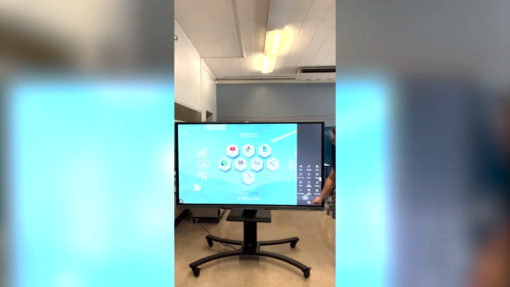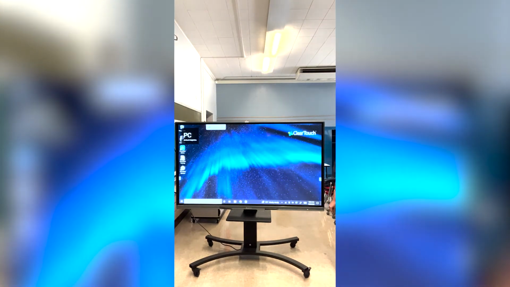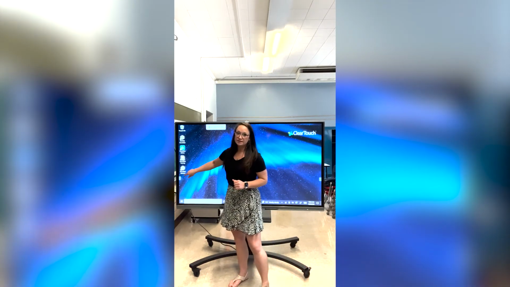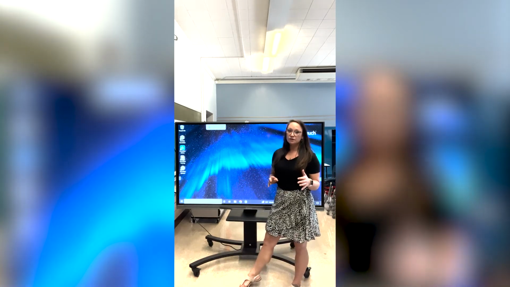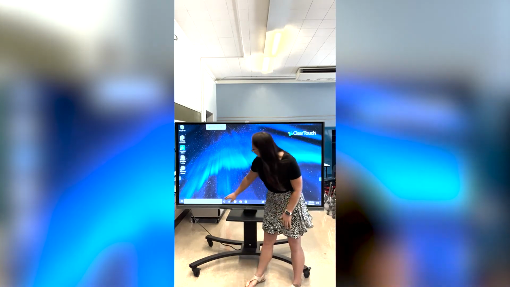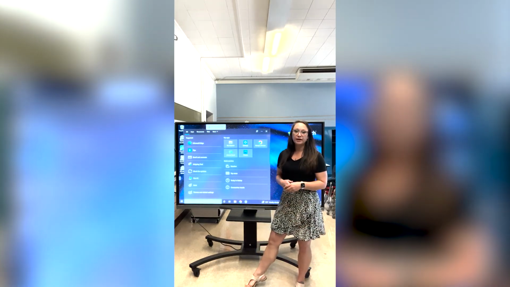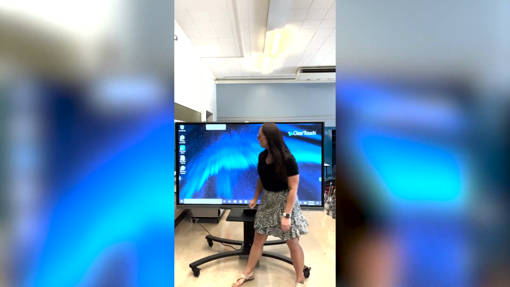So I'm going to click Exit, and it's going to take me back to the PC side. From there, I'm going to find the icon titled Snowflake Updater. On this board, it's already on the desktop, but if the Snowflake Updater is not on the desktop, you can search it down in the search bar down here by typing Snowflake Updater. I'm going to go ahead and click on it,